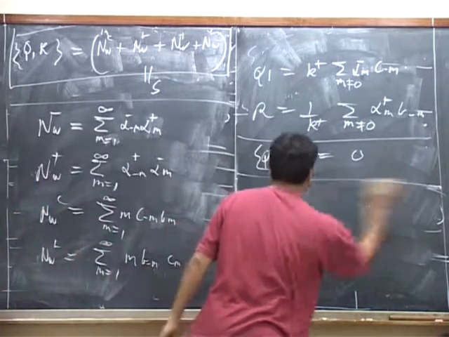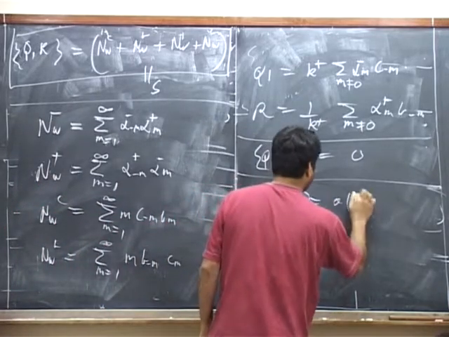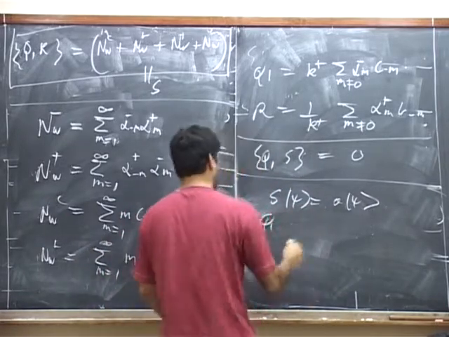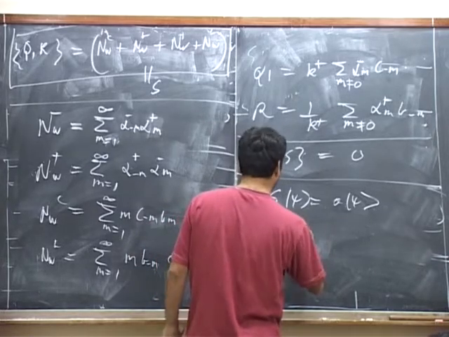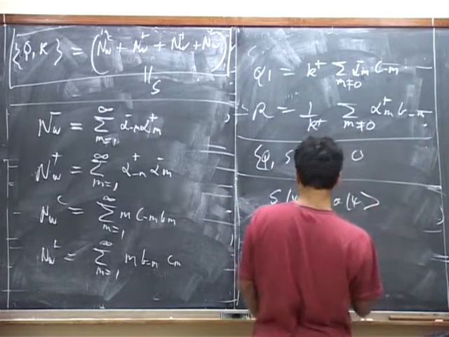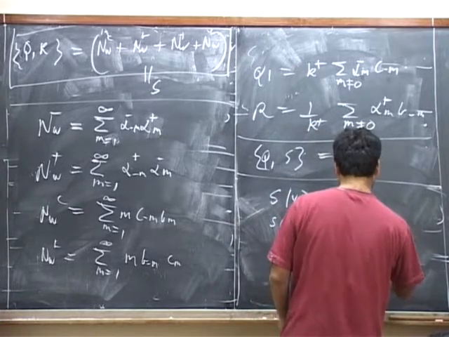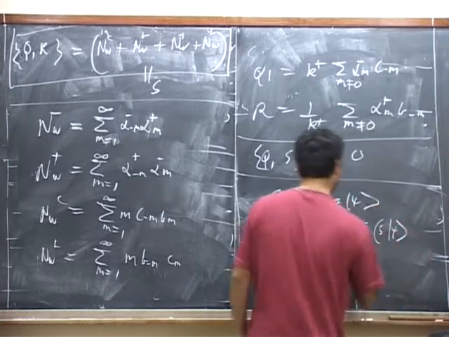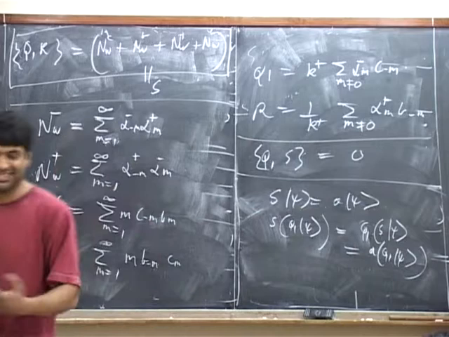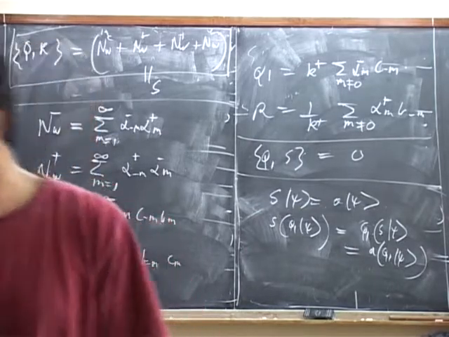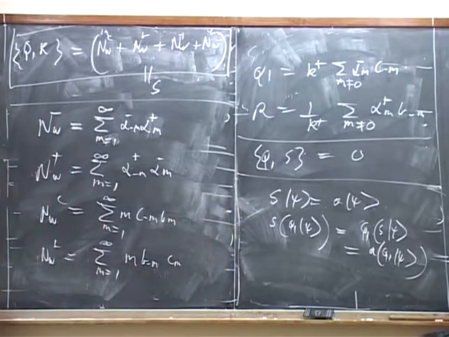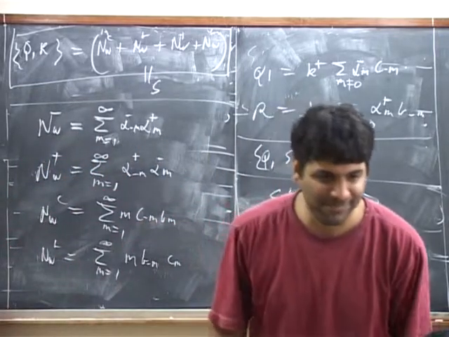Right? Because if S on psi is equal to A on psi, then Q1 on S of psi is equal to A on Q1 of psi, which is equal to S of Q1 on psi. So you've got a state that has eigenvalue A under the operator S acting with Q1 and it maintains that eigenvalue. So the whole problem of cohomology splits up into block by block problems, one for each value of the eigenvalue.